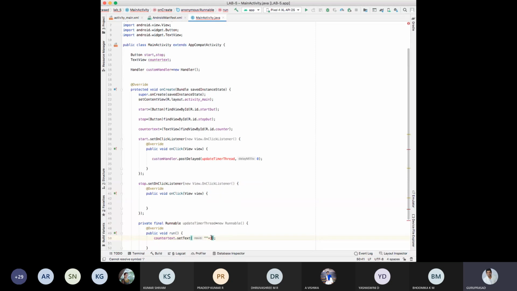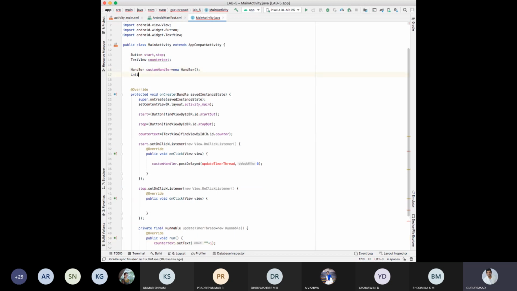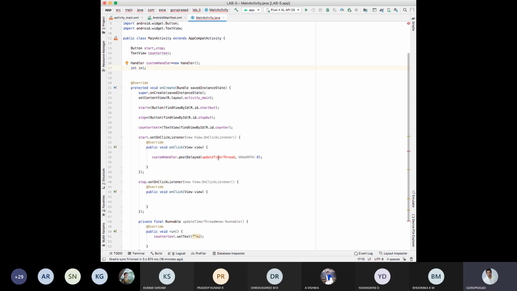Create a local variable. Initially int I should be 1, semicolon. Okay, Alt Enter. One second. Okay.